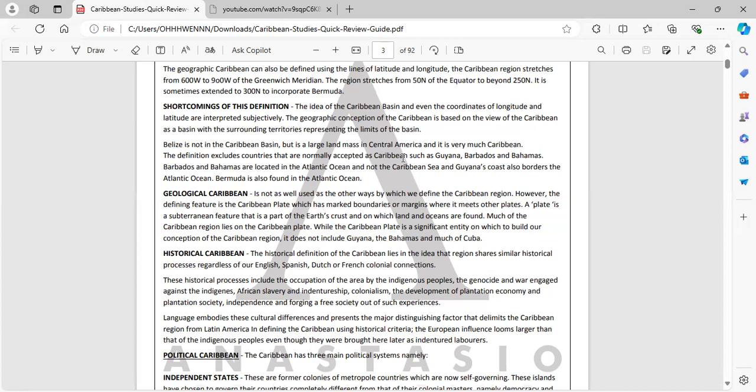So that is also a limitation, because some countries are washed up on the Caribbean Sea and they're not even considered Caribbean. I need to find the examples. I googled it and it said Suriname, Guyana, and French Guiana. Those are mainland territories, and they are washed up a little on the Caribbean Sea. I don't think they should be Caribbean.